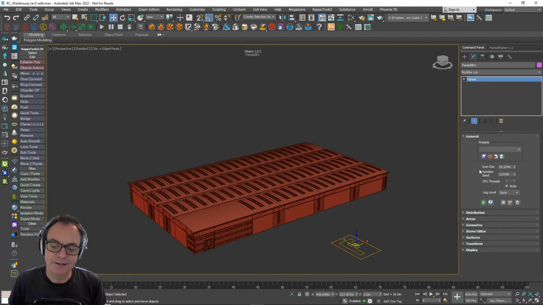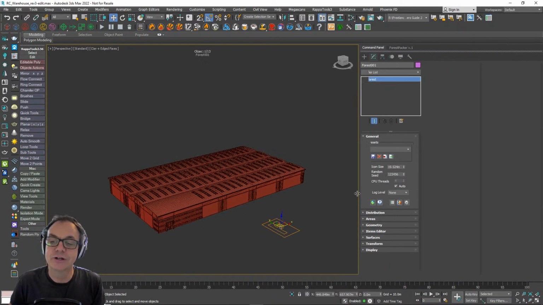By the way, I am aware that Forest Pack's UI loads a bit slowly. It's loading extra slowly because I'm live streaming. It's not normally this slow on my computer, so don't judge. So you can see I've got fewer rollouts than I would have normally, which does make it much more optimized.